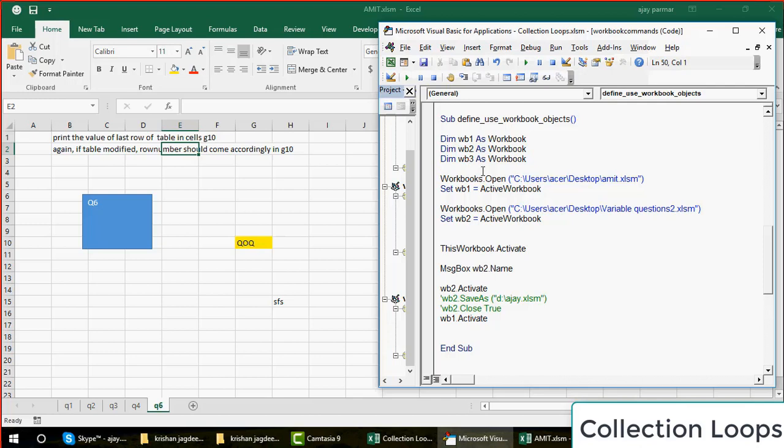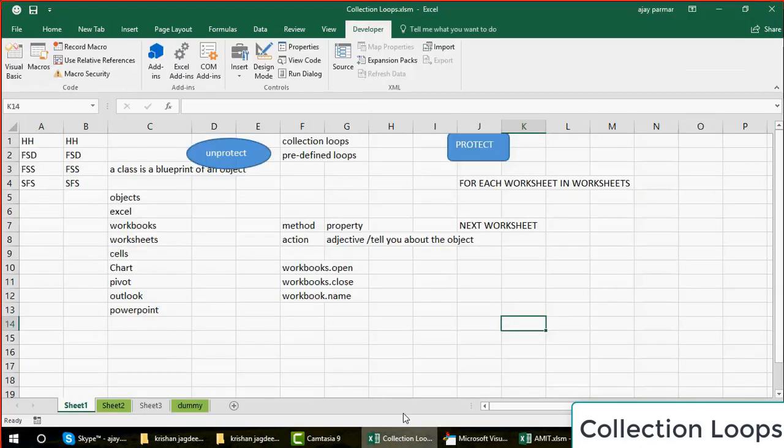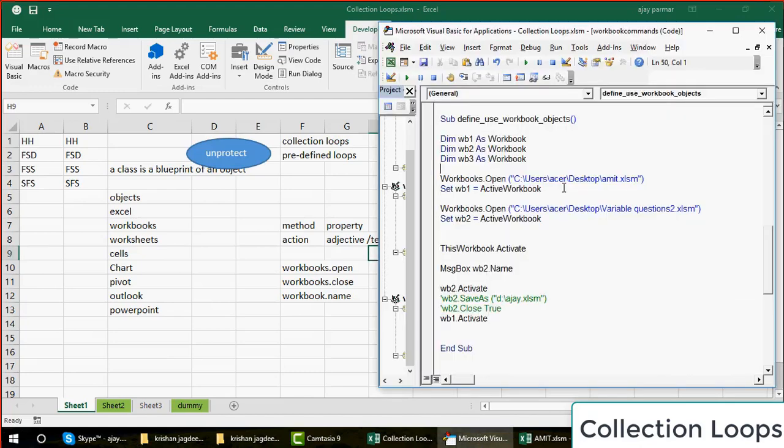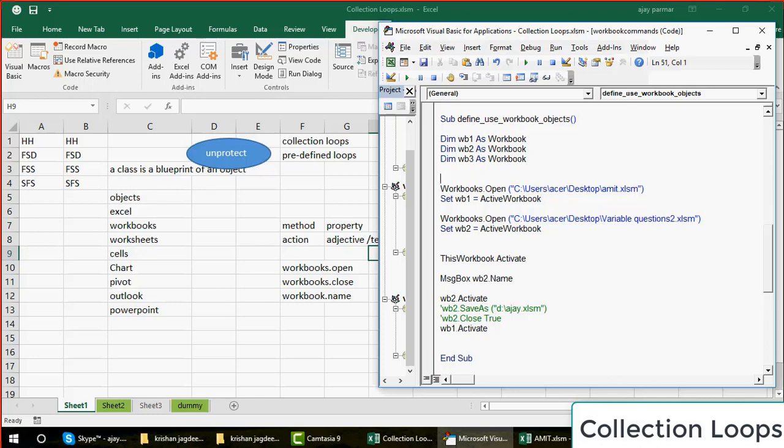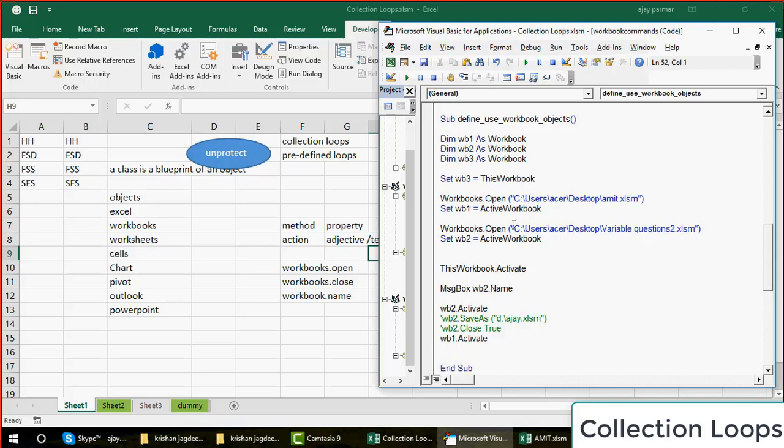Maybe you already have that collection file open, so you won't write the code to open the file and then keep it as the active workbook. No, because this is already activated. So WB3 can be written simply like this: Set WB3, because it is already open, equals this workbook. That's it. So one is your active workbook, one is your this workbook.